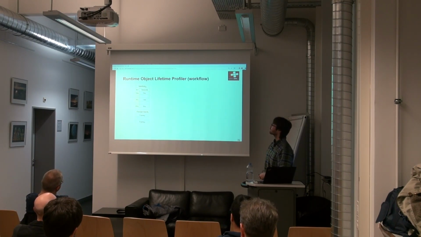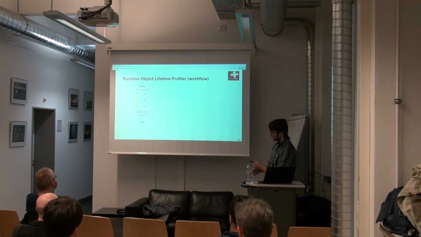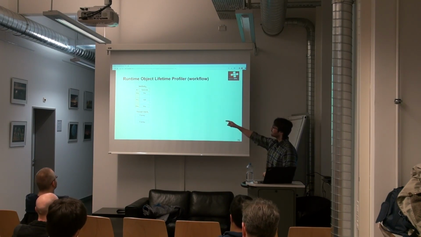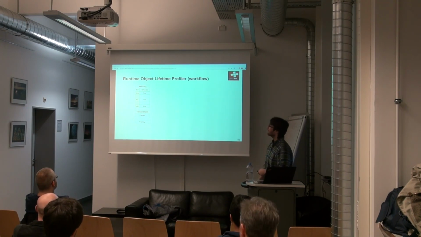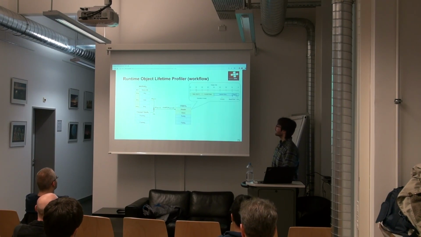Okay, so let's see how this works in practice. We have a method, for example, that is being executed. We are executing this new operation instruction, at bytecode I, and imagine that we have a thread stack T. We are going to combine both the allocation site and the thread stack into something that we call an allocation context. And we are going to install this allocation context in the header of the object that is being allocated.